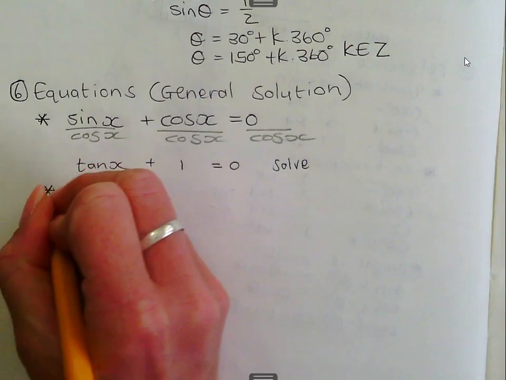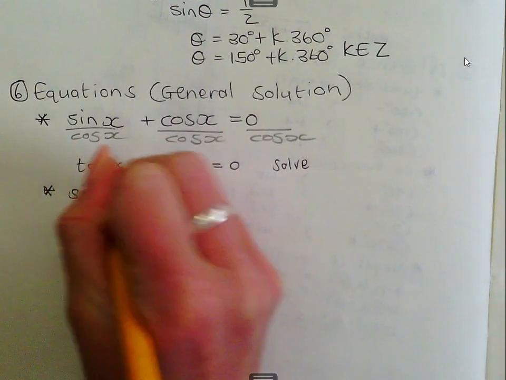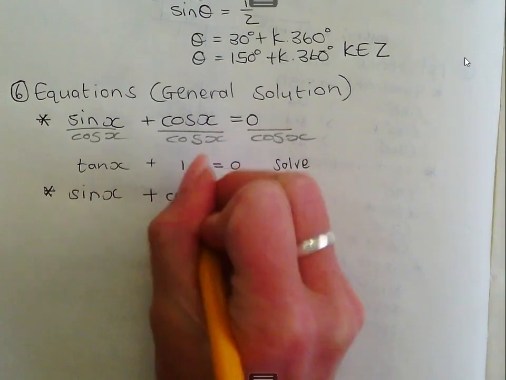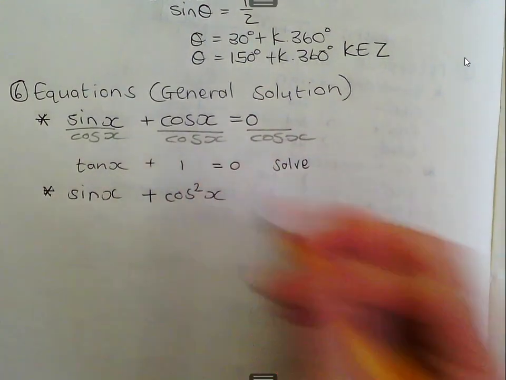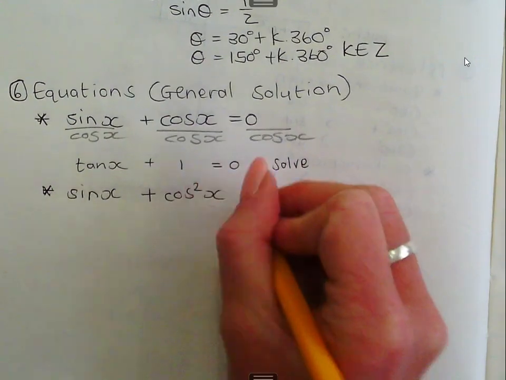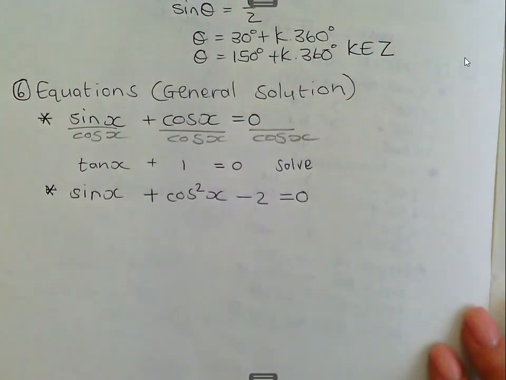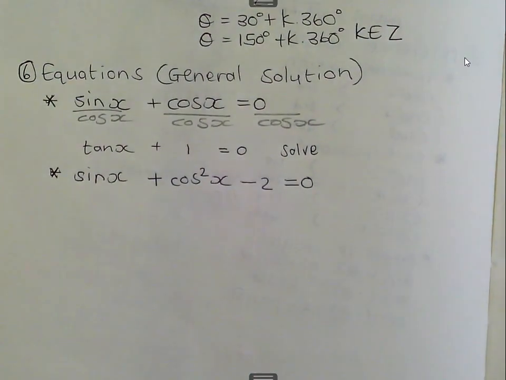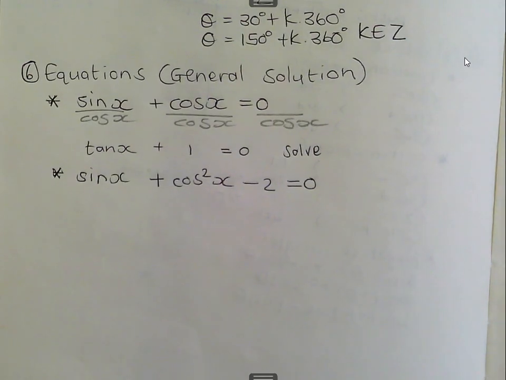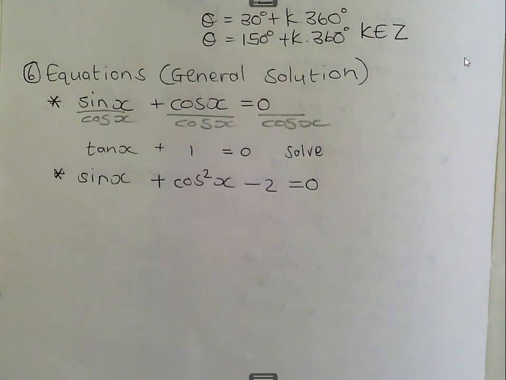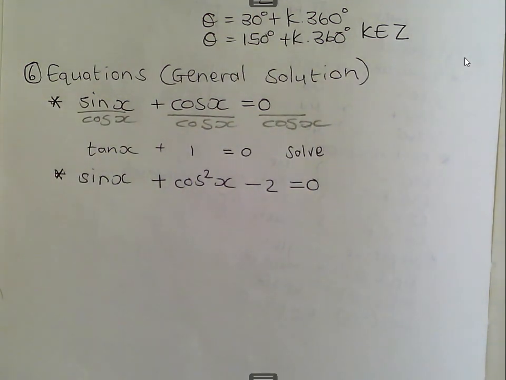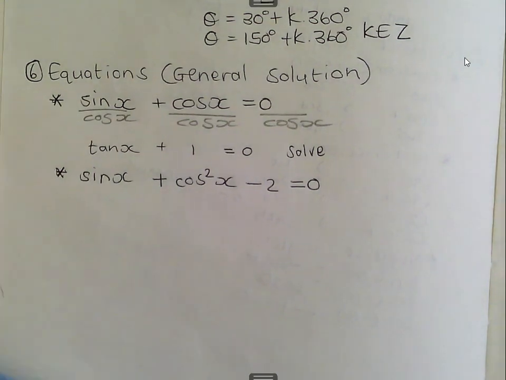The next one is when the functions differ, like this one at the top, but the one has to the power of 1 and the other one is to the power of 2. Now I don't know if this is going to work out, I'm just using a value, alright? So when that happens, you cannot work with two different functions. Listen to me, please. You cannot factorize when the one is cos and the other one is sin. You can't have cos in the one bracket and sin in the other bracket. I'm referring to factorizing now.